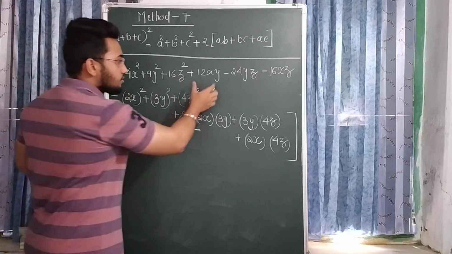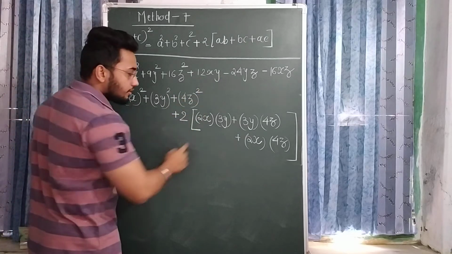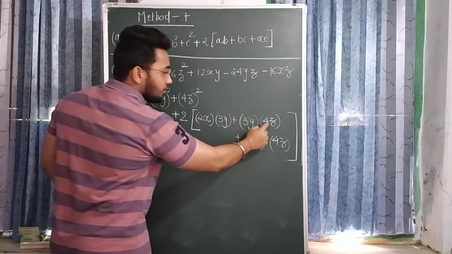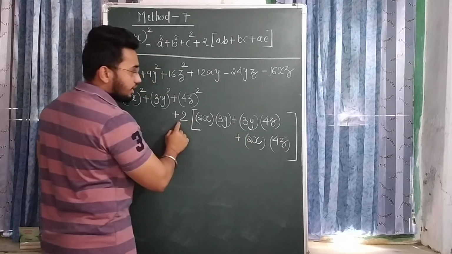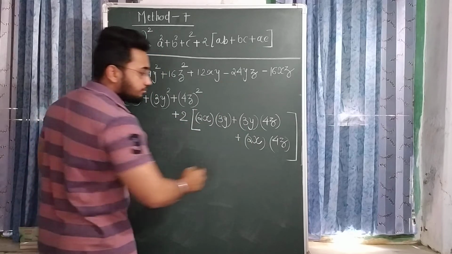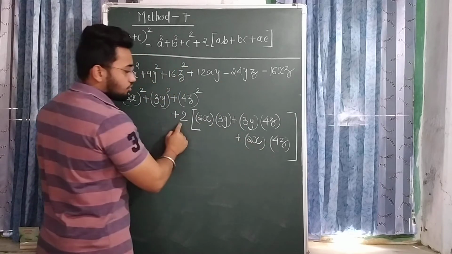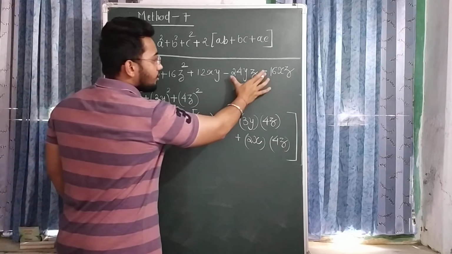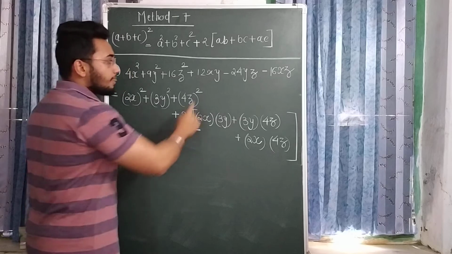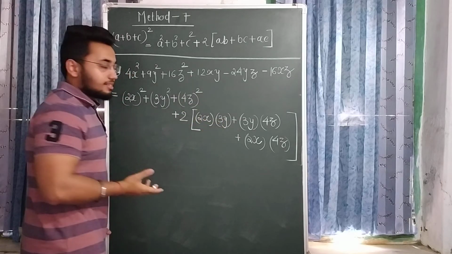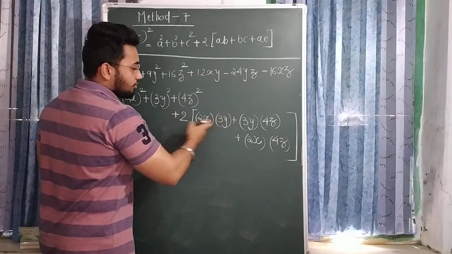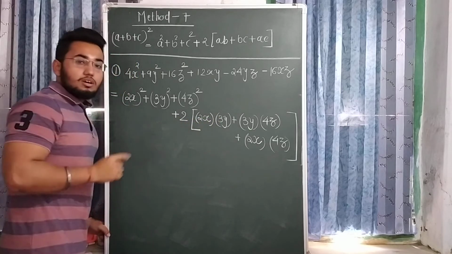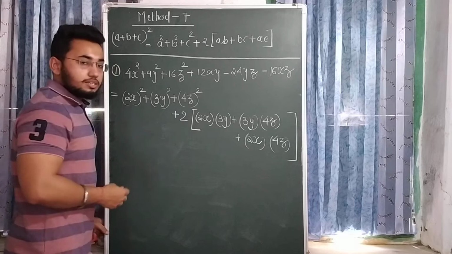Okay, let's focus here. This is the 12xy. 3 2s are 6, 2 6s are 12. I already take it. Okay. 4 3s are 12, 2 12s are 24. Yes, it will come. 4 2s are 8, 2 8s are 16. It's also come. Now here only sign difference. Here is a plus sign. So simple. Here is a plus sign. So here is also plus. Plus plus plus and plus will multiply with the plus and also will get plus.